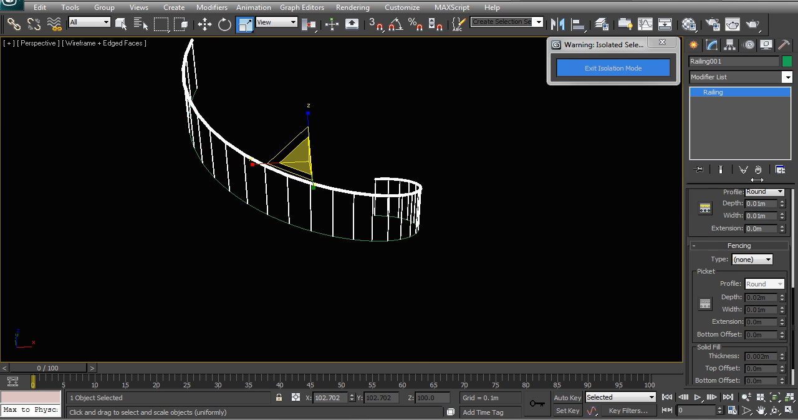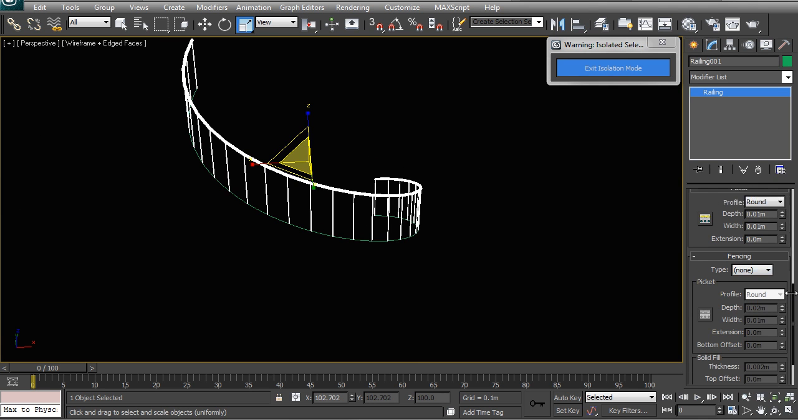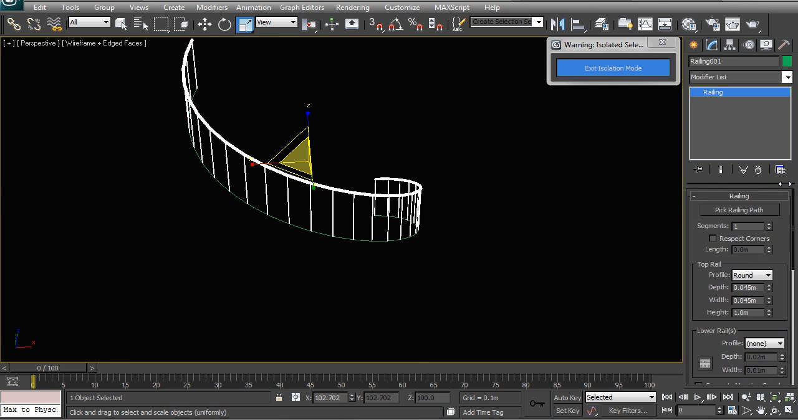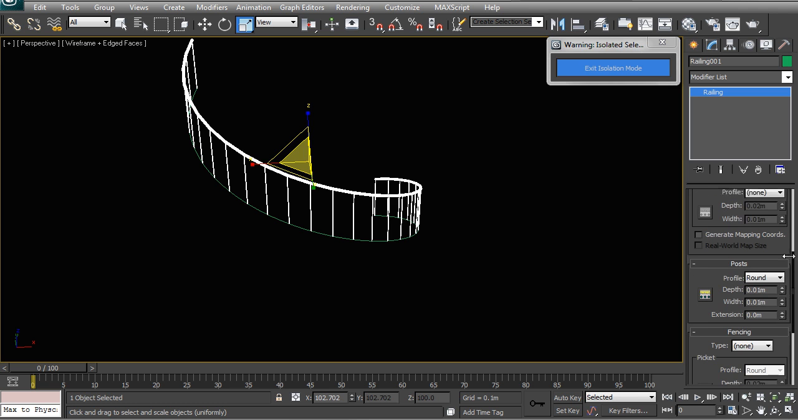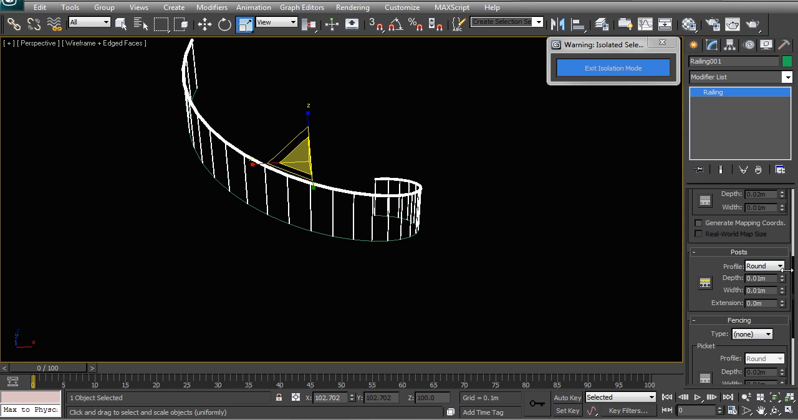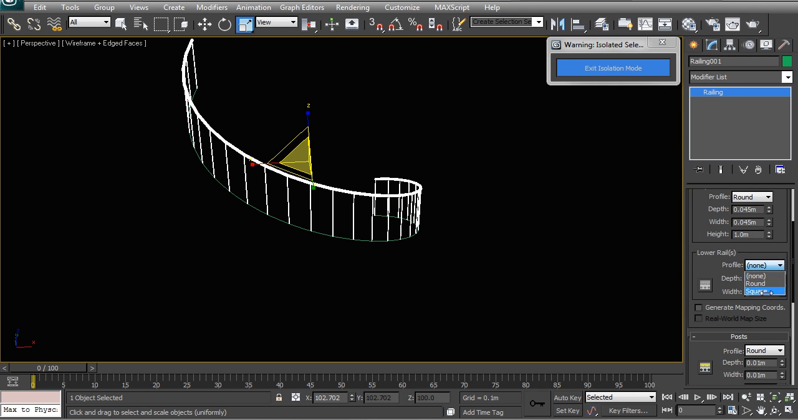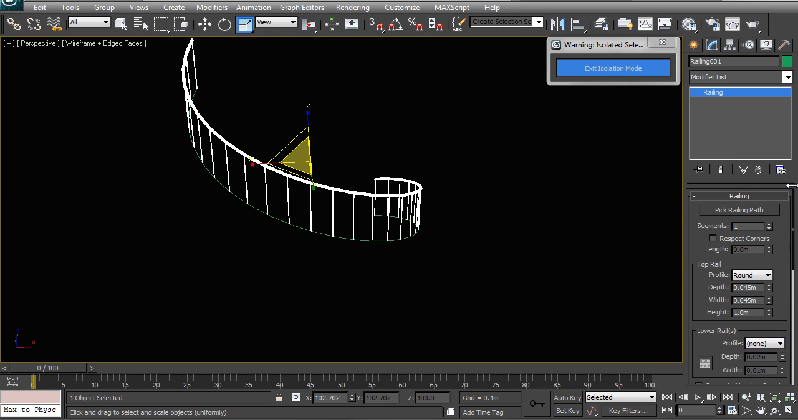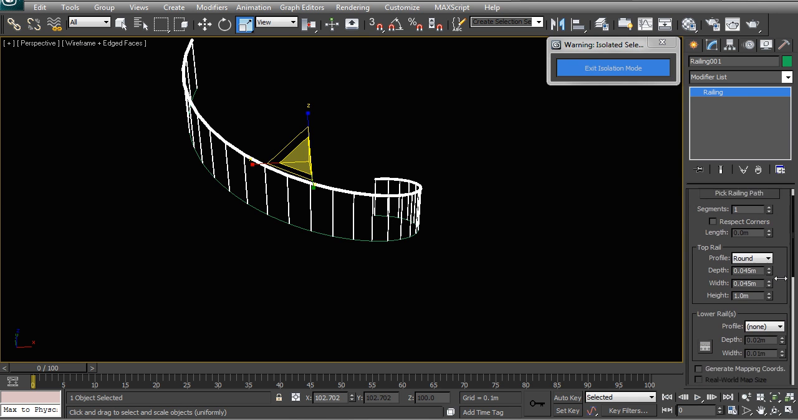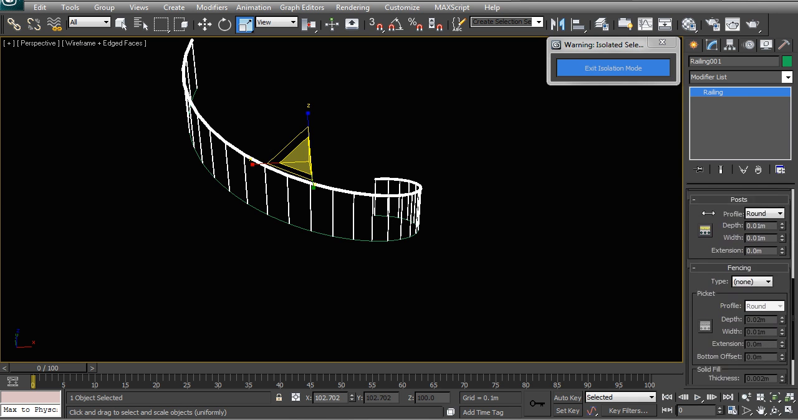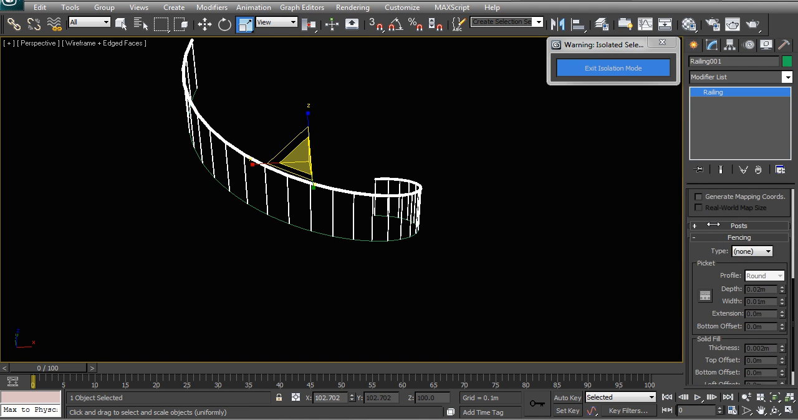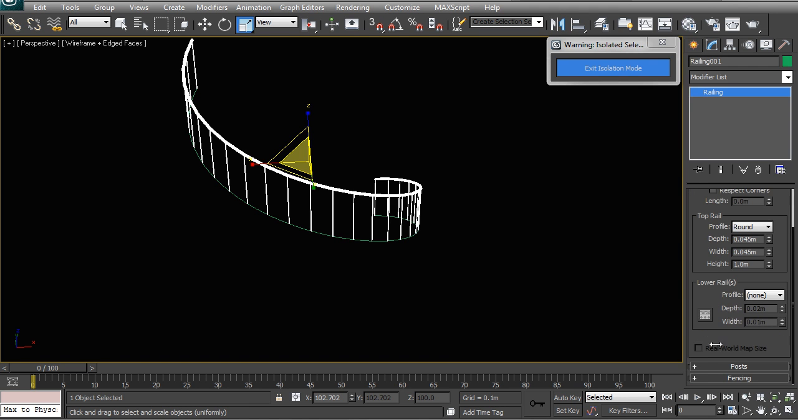So when you have that, you have quite a long list of options that you can choose from. So I think it's good for you to just go through this yourself and choose what type of posts you want, what type of handrail you want. The basic choices are between round and square, and then you can choose the dimensions or the radius of those objects. The main thing that I want to show you is that when you have your fencing, for example, you